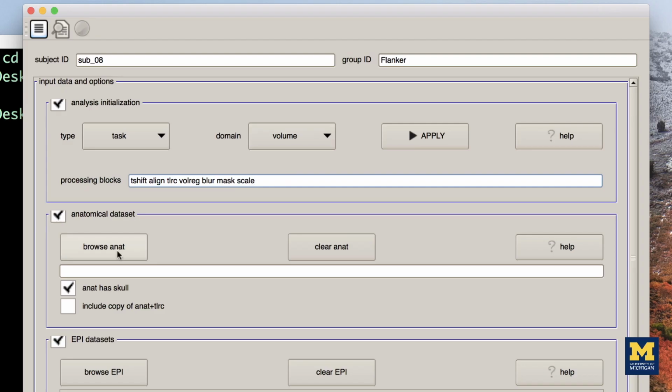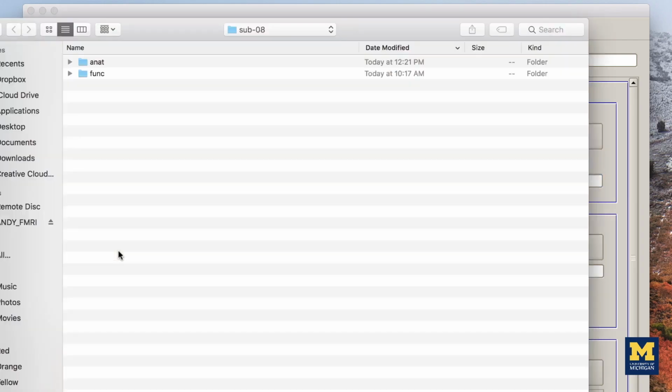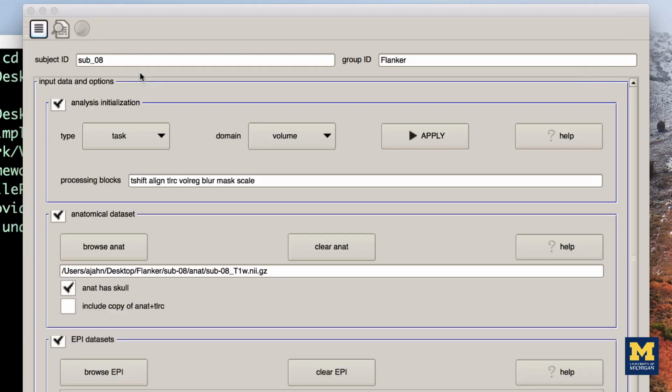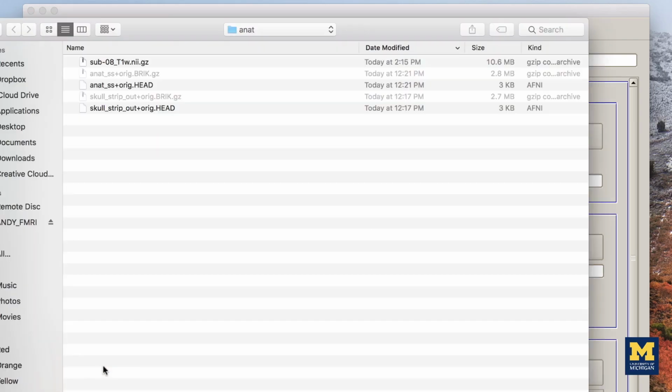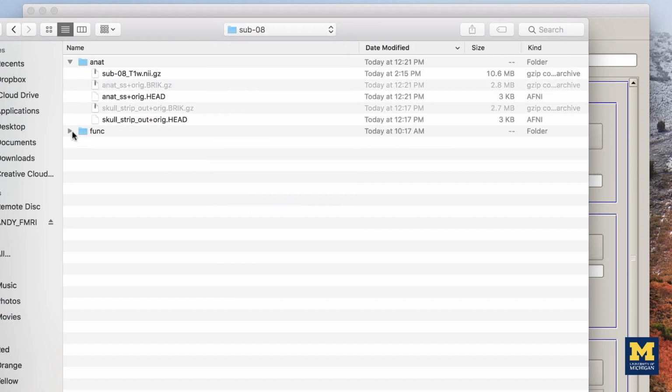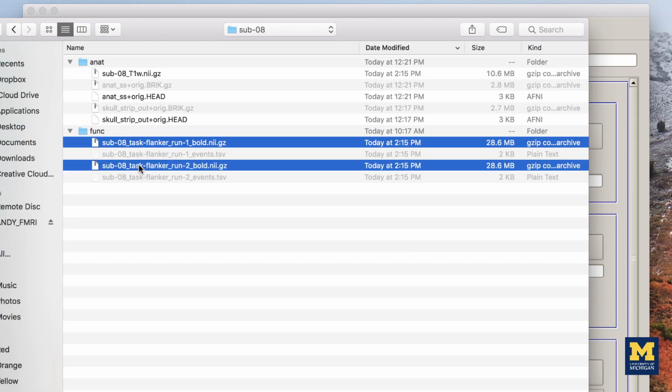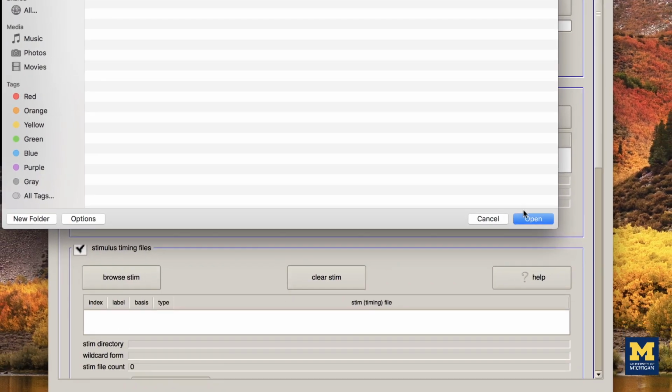Then click on the Browse ANAT button in the Anatomical Datasets section. Navigate to the ANAT directory and select the file sub08 t1w.nii.gz. Select the functional datasets by clicking the Browse EPI button in the EPI Datasets section. Navigate to the func directory, and then hold down Shift and click to select the files sub08 run1 and sub08